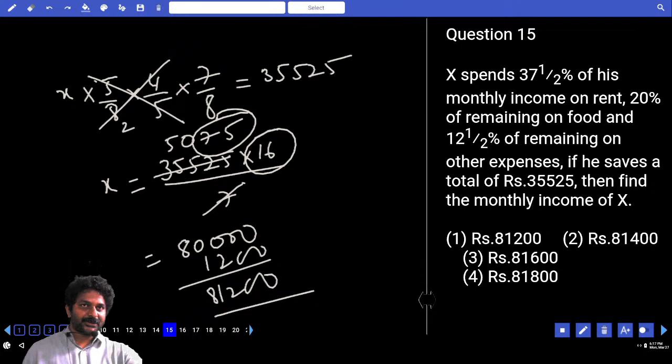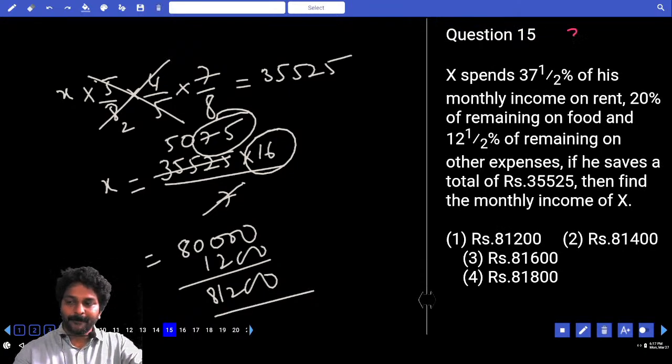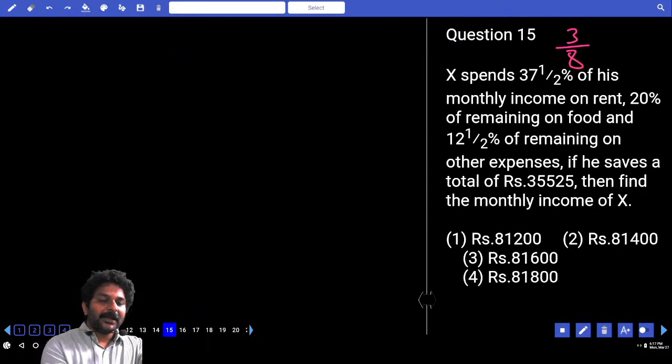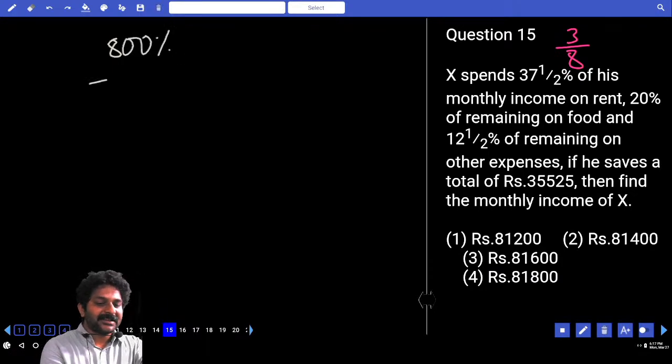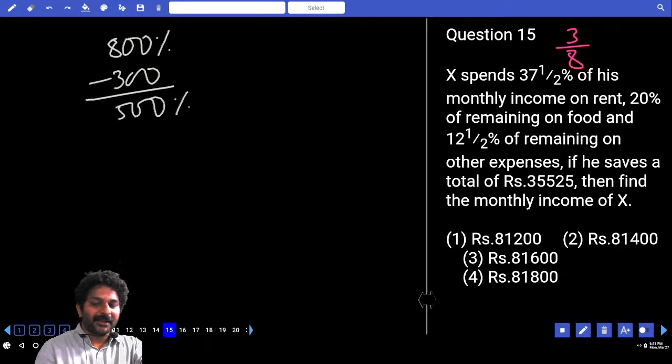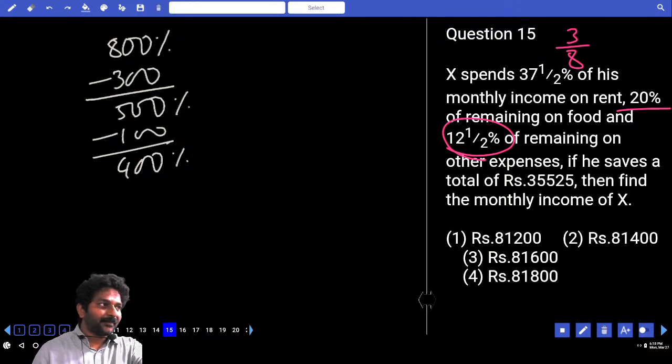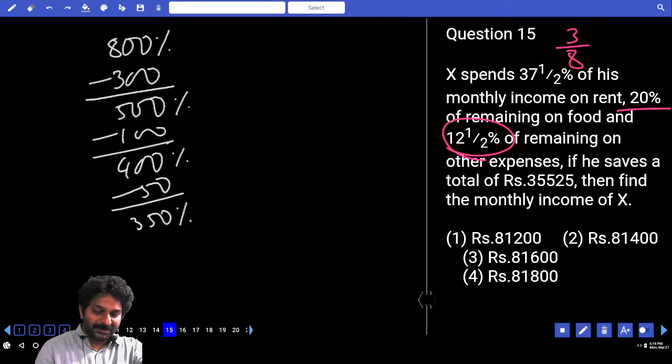ఈ క్వశ్చన్ ఇలా అయినా చేయొచ్చు, లేదా 37.5% అంటే ఫ్రాక్షనల్ ఫార్ములా ఎంత అని చెప్పారు? 3/8. What is denominator? I'll start my initial value as 800%. 3/8 in the sense 300 is over. Remaining 500. Out of remaining, what percentage is spent on food? 20% in the sense 100. How much is left? Out of that 12.5% in the sense 1/8. 1/8 in the sense 50. How much is left? 350%, which is equal to